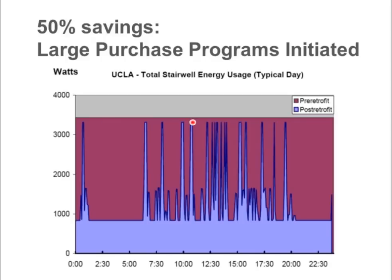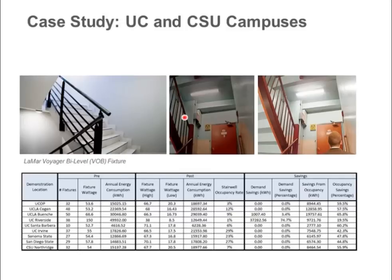And again, we use this adaptive lighting kind of concept in stairwells and in corridors, and it really helped inform our work for exterior applications. This is kind of hard to read, but I really wanted to show this common thing that we see in a lot of these applications, that the actual occupancy rate inside these spaces is very low. You're looking at 10, 15% occupancy, and it really illustrates the idea that bi-level, being able to use adaptive controls to take the light down to a lower level during